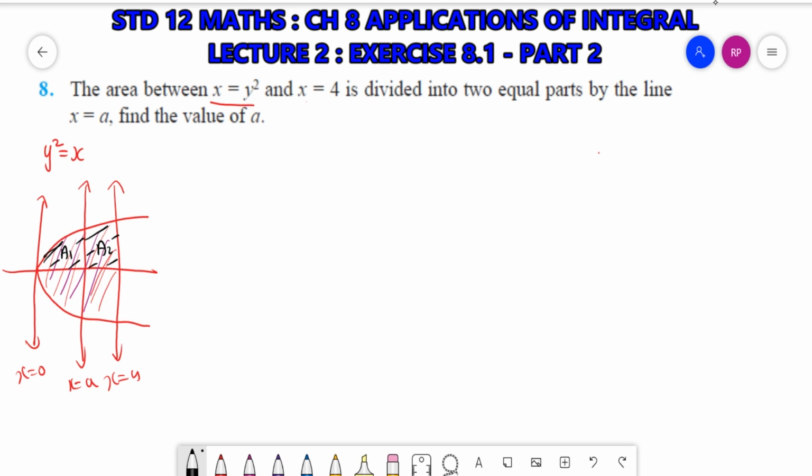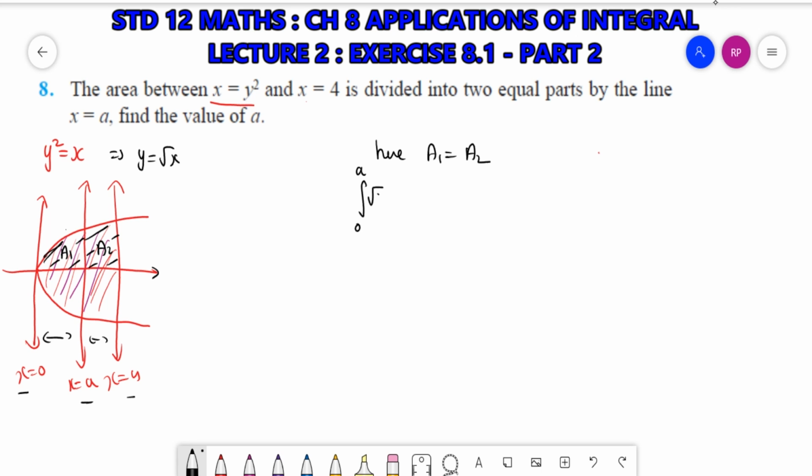This will be also equal because the parabola is symmetric above and below the x-axis, right? So if these two regions' areas are the same, then also only half region of that will be the same. So here a1 is equal to a2. Okay, so now what is area? That is integral. Okay, now from 0 to a and a to 4, both are the same. So I can write down from 0 to a f(x). Y square is equal to x, that implies y equal to root x and x axis.